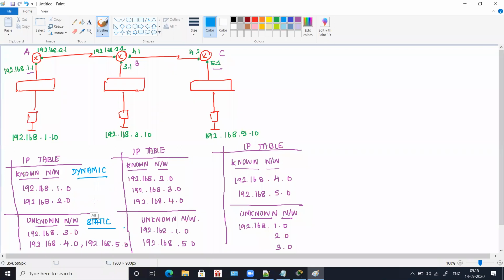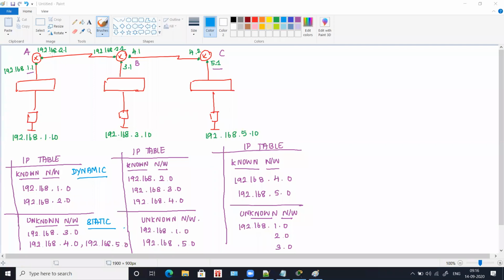Is it clear? Great. Okay, so now we'll see how this is done. But for today, this is how you are going to do your assignment. You're going to have 3 routers, and you're going to connect all the 3 routers with 3 switches, and you will have computers for each and every switch connected.